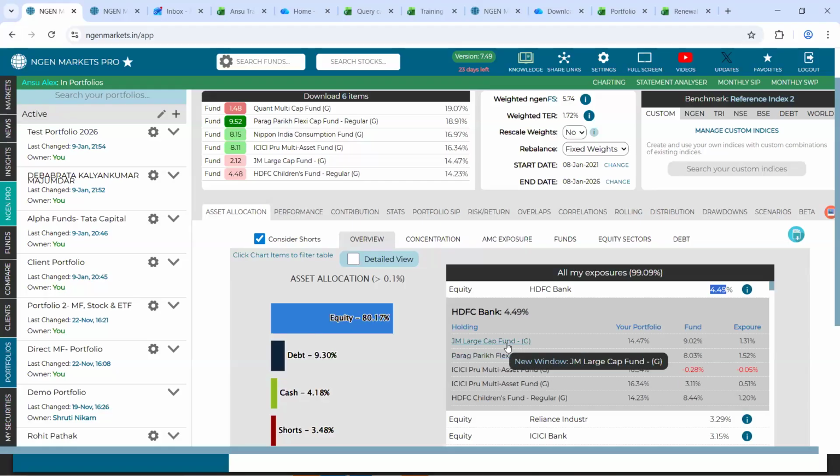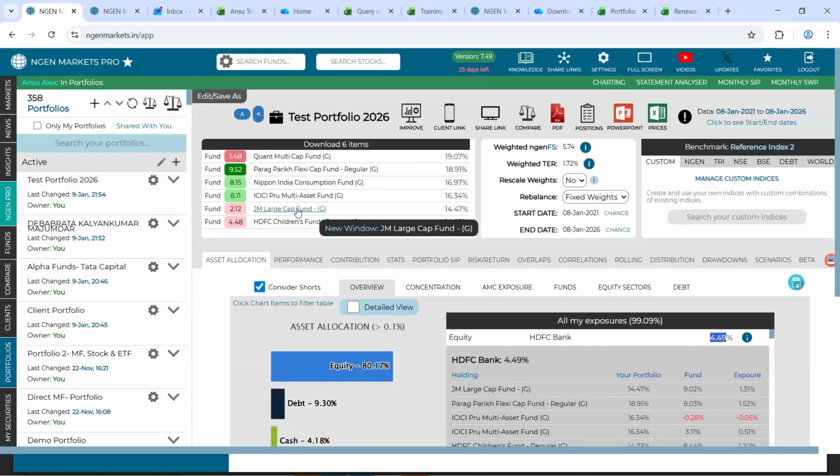Now, how do you understand it? Next to the name of the fund, JM Large Cap, it is mentioned as 14.4 under the section called Your Portfolio, which says that in this portfolio, JM Large Cap has an allocation to an extent of 14.47.